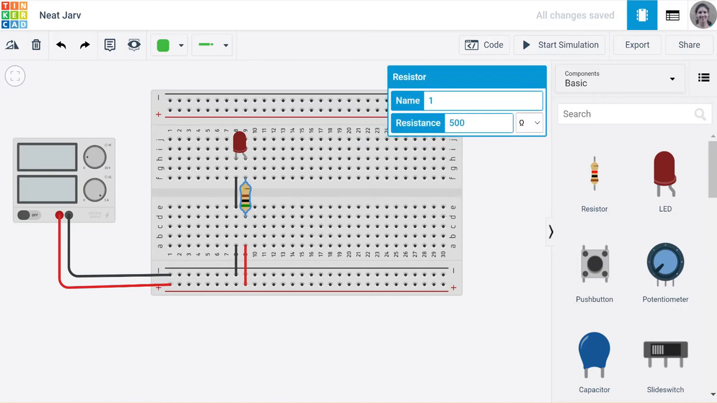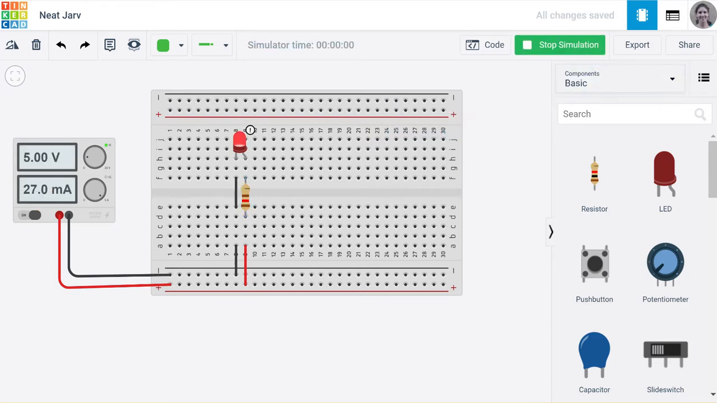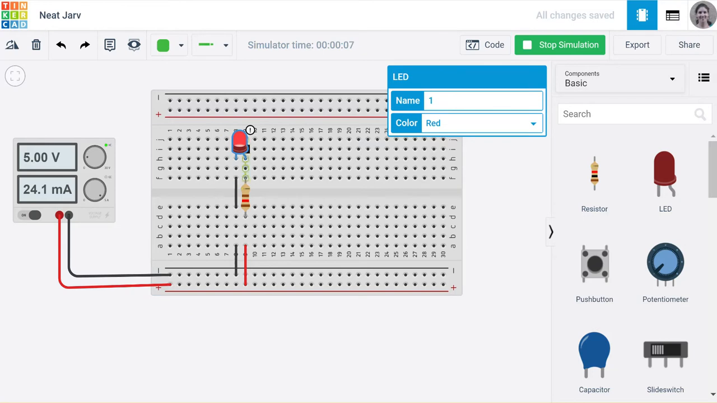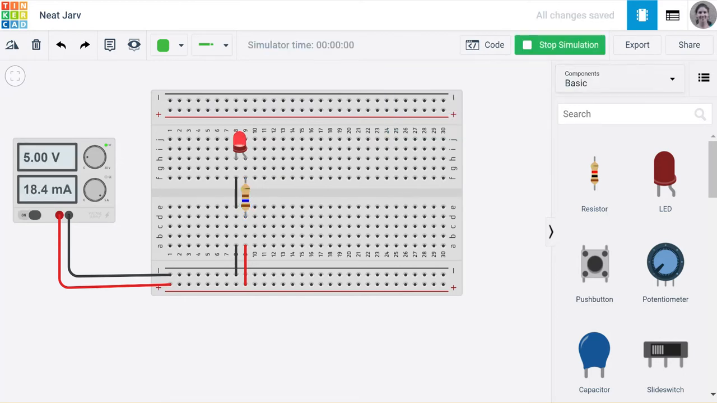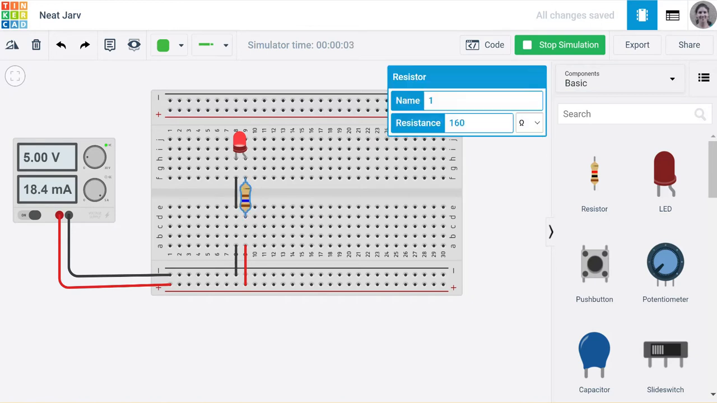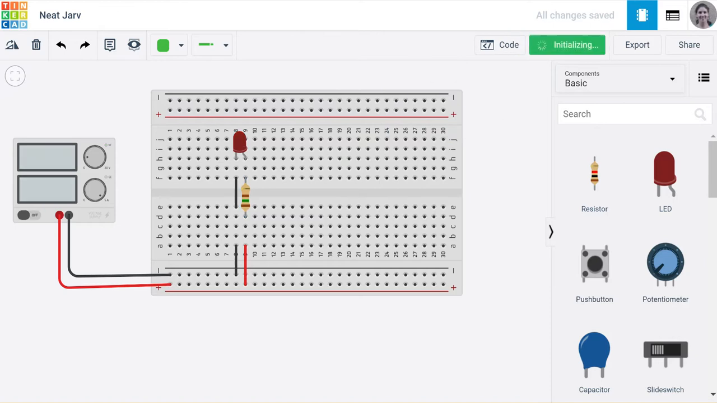So let's change that to 120 ohms. Let's start simulation. 24. What does it say? Current is 24 and the maximum is 20. We can change that a little bit. 160. 18. We are super good. 150 should be great. Yes, awesome. So let's keep